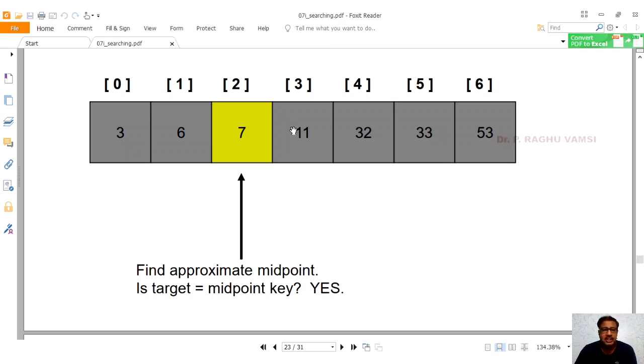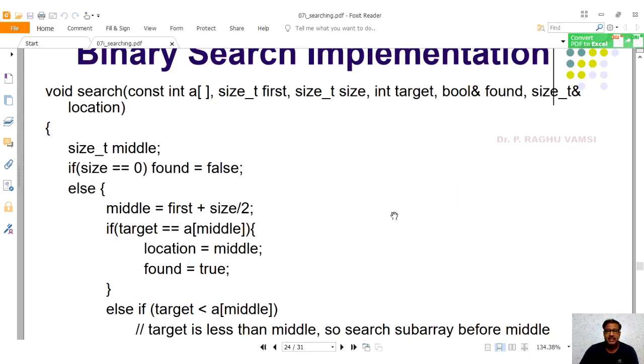That means within 3 searches you will get this particular element. So it is quite faster than the linear search technique, because in linear search the complexity in the worst case is order of n. Here in the worst case also you will find the element 7 within 3 steps, that is log n complexity. Thereby you can say the complexity of binary search is log n.